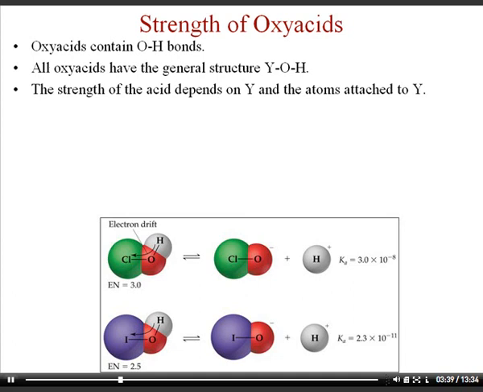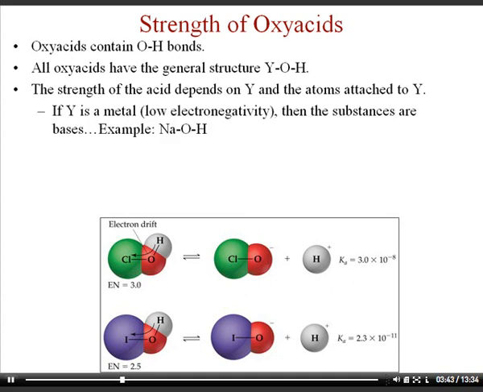And so the strength of the acid is going to depend on the substance Y and what is attached to the element Y. Now if Y is a metal, which has low electronegativity, then the substance is classified as a base. So for example, if Y is Na, then you simply have NaOH, which is sodium hydroxide. And so instead of the OH bond breaking, you have the NaO bond breaking, that ionic bond breaking, and then you have OH